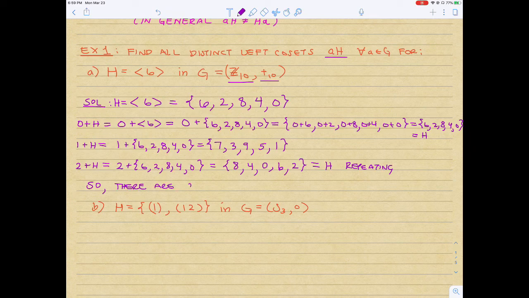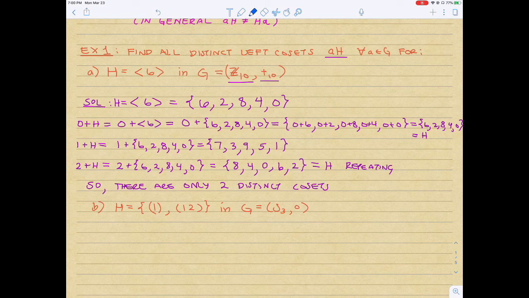So we can conclude that there are only 2 distinct cosets. All right. And what we notice is that, well, we'll see when we get to the properties of cosets, but